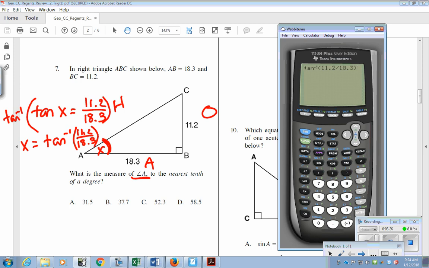Okay. I'm not going to give away the answer. I want you to do that yourself to see what you get. But if you have any other questions, just let me know. And like I talked about, make sure you do labels, draw a picture if you need it, and make sure that you